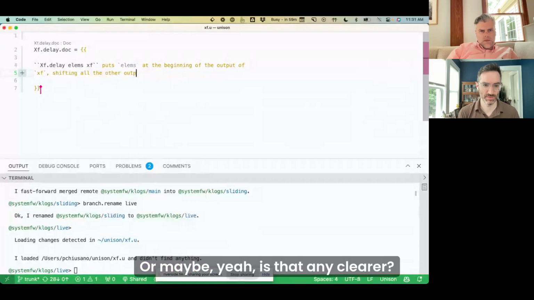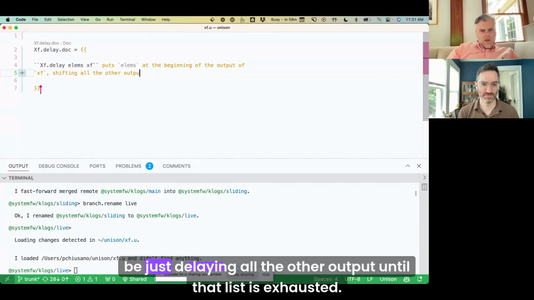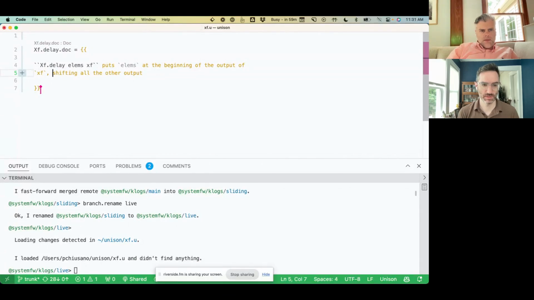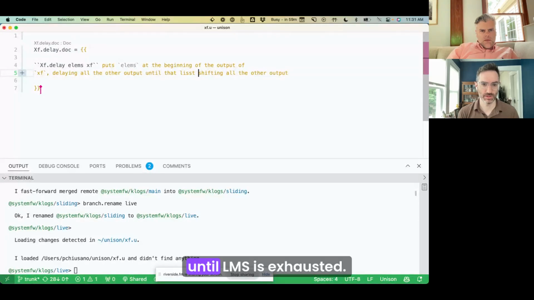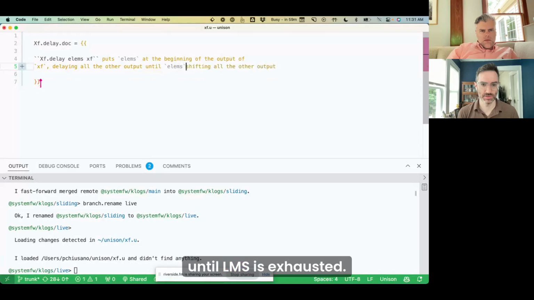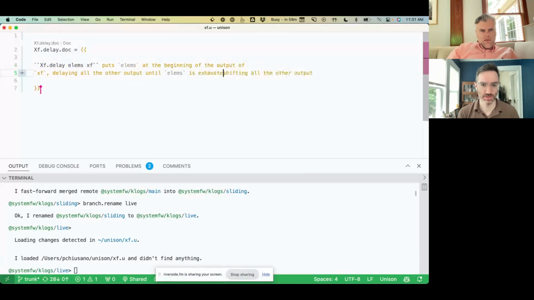Maybe, is that any clearer? Maybe just delaying all the other output until that list is exhausted. Or until elms is exhausted.